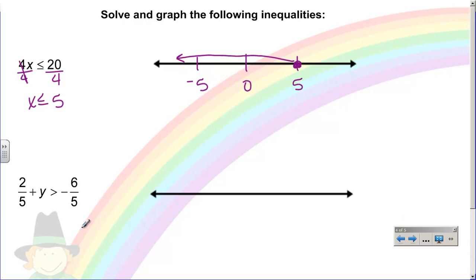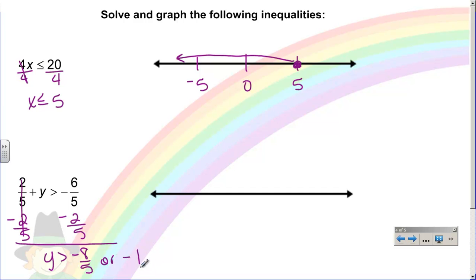So the next one, I have 2/5 plus y is greater than negative 6/5. I have got to solve this for y. There is a plus sign here, so it means I have to do the opposite of this 2/5, which is negative 2/5. And they were really nice to you and gave you two fractions that had common denominators. So you have y is greater than negative 6 minus 2 becomes negative 8/5, which is the same thing